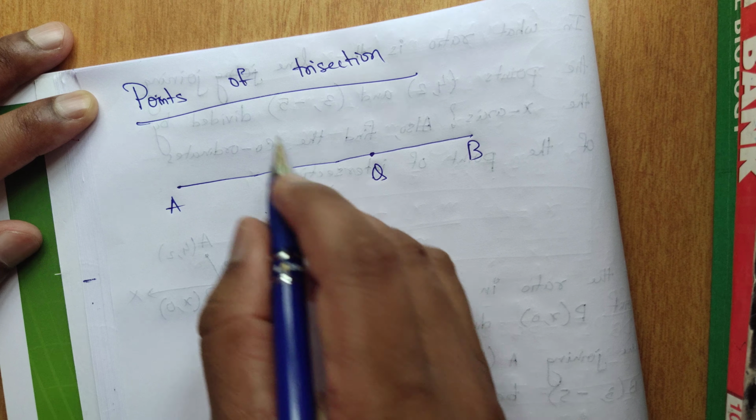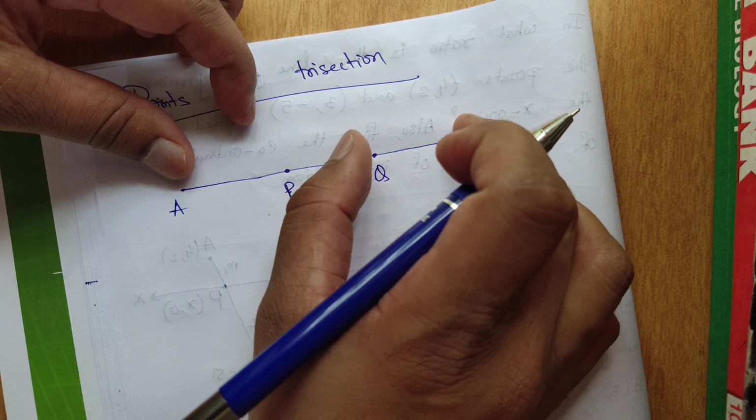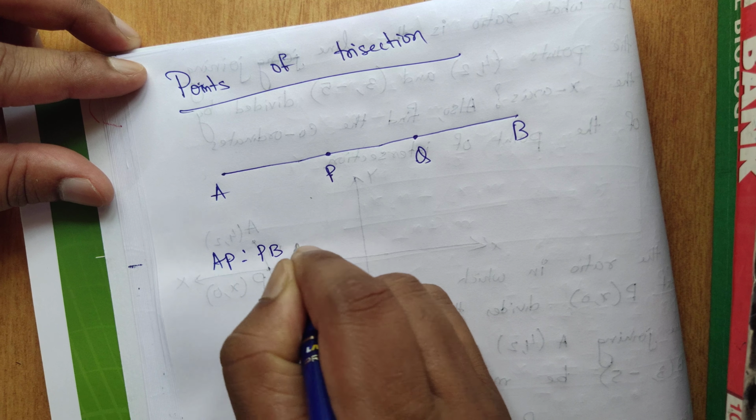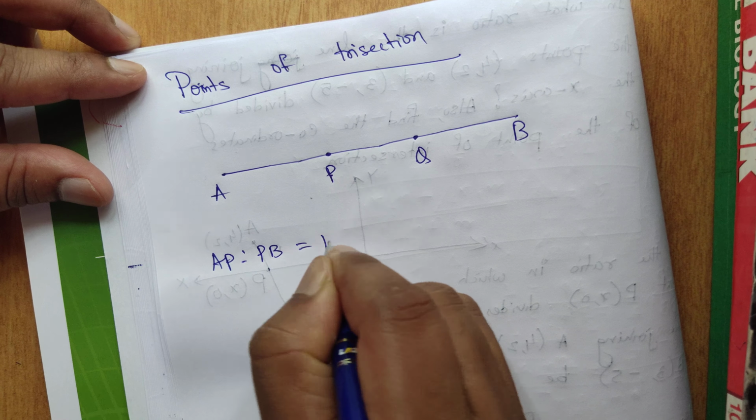So what will be the ratio then? In what ratio P divides AB? So simple, see, it is 3 equal parts. So P divides the line segment into, this is 2 part and this is 1 part, so it divides 1:2. So AP is to PB will be 1:2, because this is 1 part and from P to B it is 2 part out here. Now in what ratio Q divides AB? So 2 part is here, 1 part is here. So AQ is to QB will be 2:1.